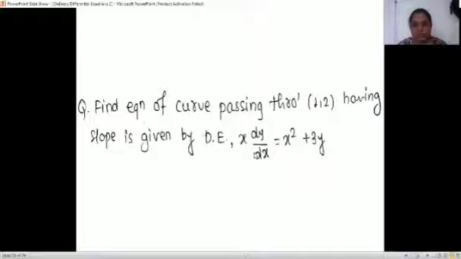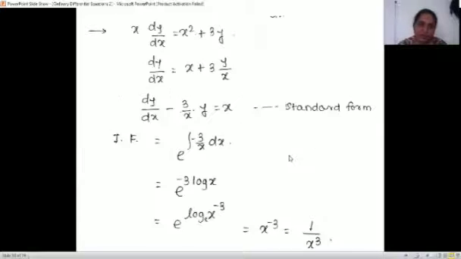So what we have to do first is, I think that x should get divided. So divide by x first. So we'll get x plus 3y by x. And then that y by x term we take to the LHS and x to the RHS. That's what we are getting. We are getting the form dy by dx plus p of x into y is equal to q of x. That is the linear form of equation.